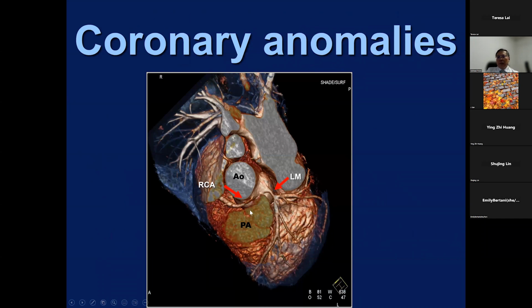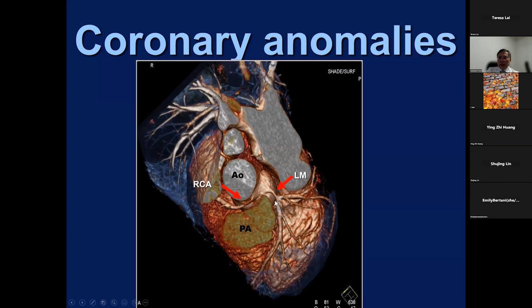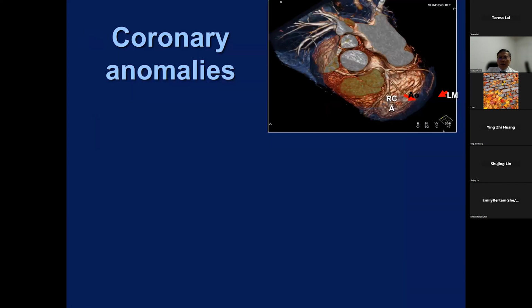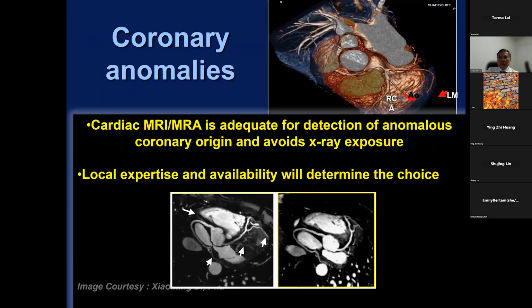And we see this type of coronary anomaly, in this case, the right coronary coming off the left sinus. And the patient also has left main disease on top of that. This is another way of looking at it. We can do MRA, which is also